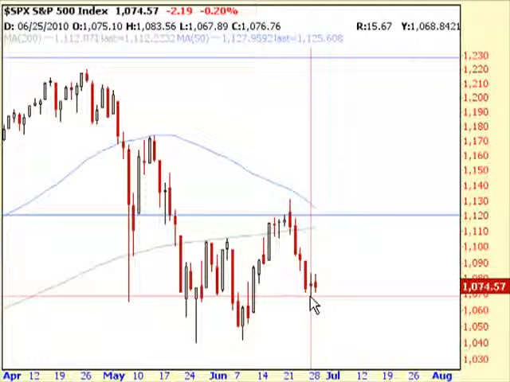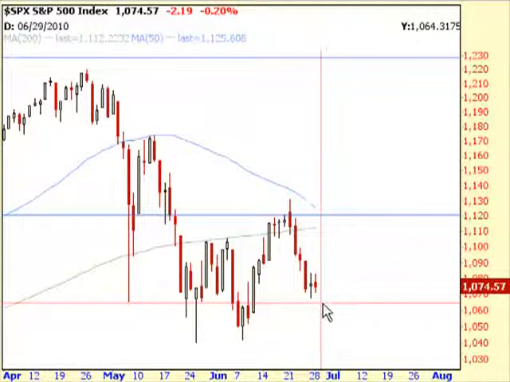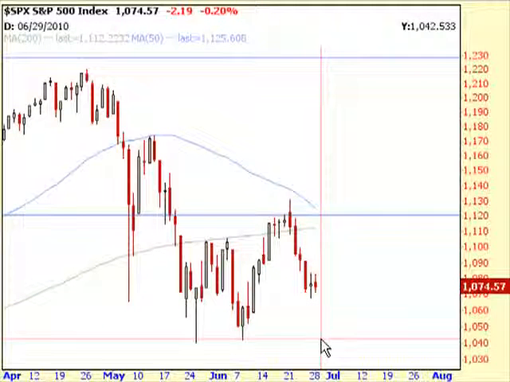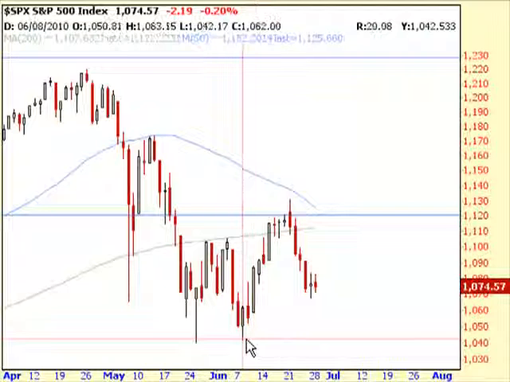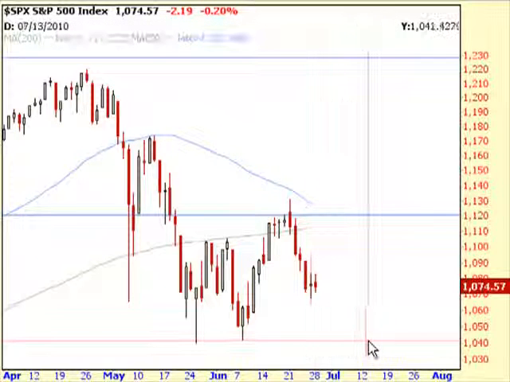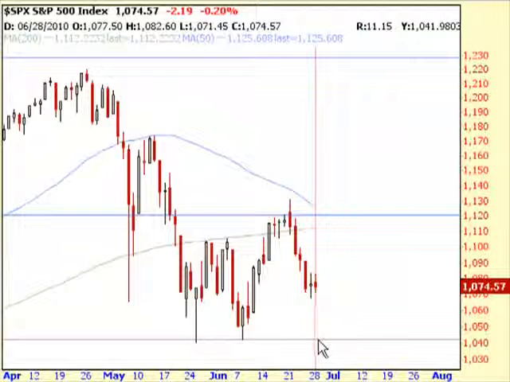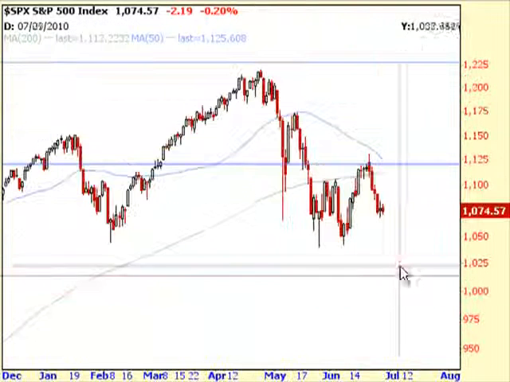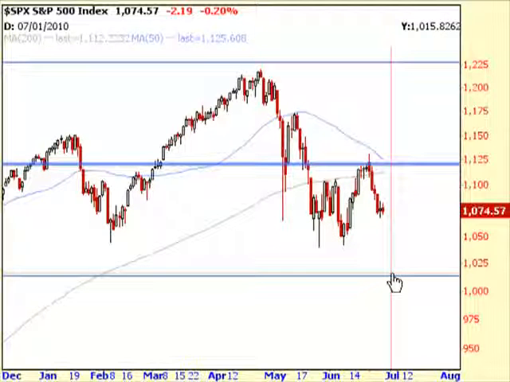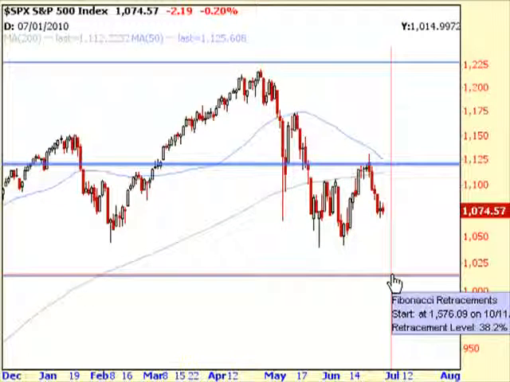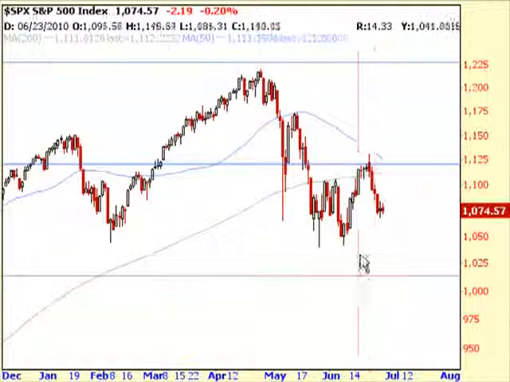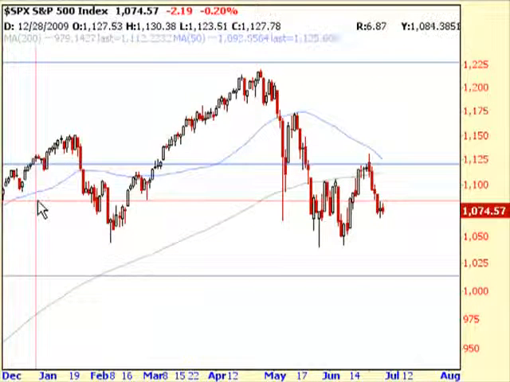Now, for today, it already looks like the futures have sold off pretty good here in the early morning. A lot of news out of China growth is getting the market scared. I think the main thing that we need to be concerned about is watching this 1040 level here on the S&P. That will be the big telltale sign. If it starts to get really weak around that area and breaks it real easy, we could be heading down to the next lower level here, which would be this Fibonacci line right around 1013, 1015. So that's really what to look for on the S&P.